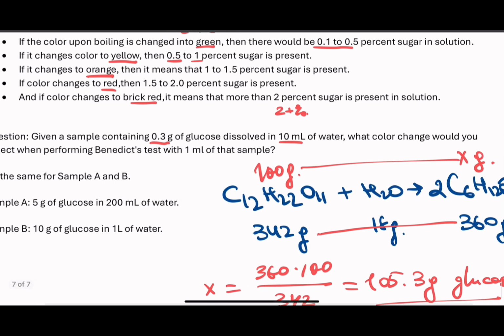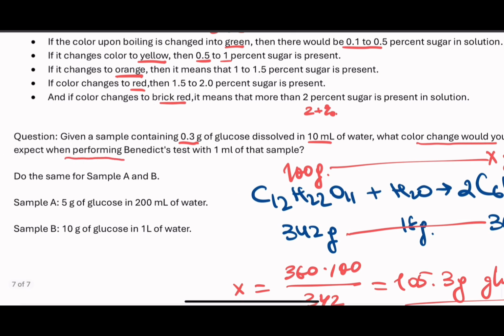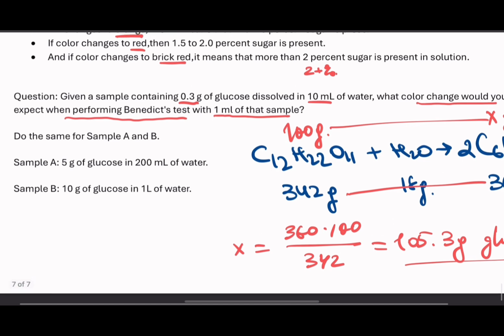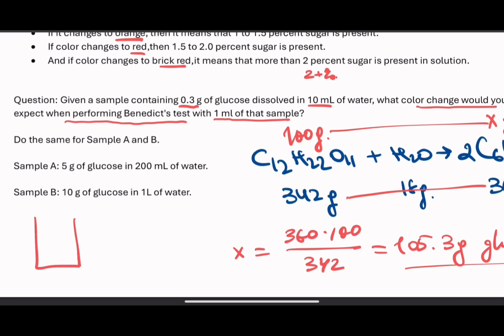And it has 10 milliliters of water. Inside we have 0.3 gram glucose. It says what color change would you expect when performing the Benedict test with 1 milliliter of that sample. So we just have a solution in our hand, which has 10 milliliters of water and 0.3